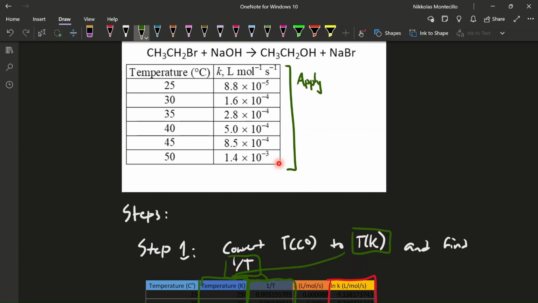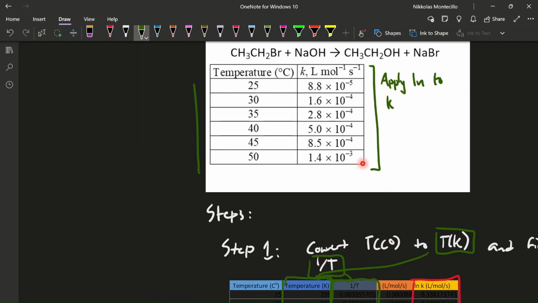Apply ln to K, and then here convert C to K, and then apply 1 over T. Okay, sorry about my handwriting, it's a bit messy right now with the surface glitching out, but